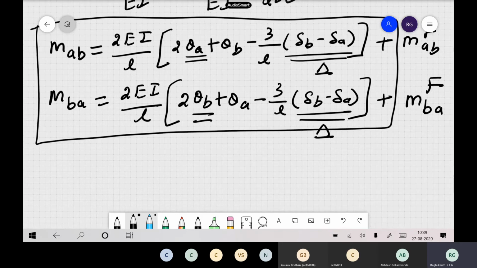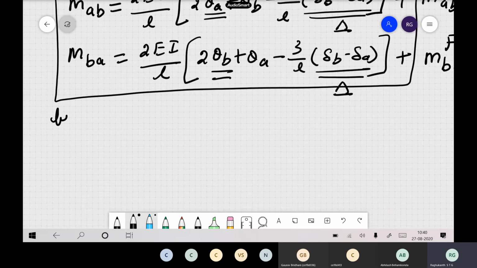Because the problem is linear, the principle of superposition applies. So like that also you can solve and get the slope deflection equations. This is very straightforward. There is nothing new. Whatever we have discussed, whatever is in your UG, these are the expressions. But this is what we call the first order analysis.